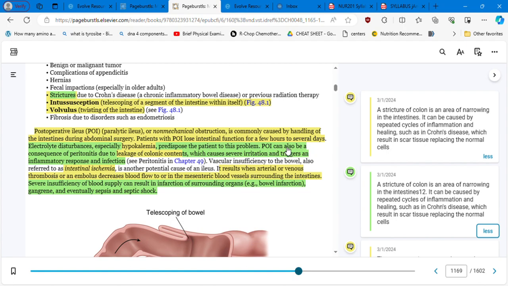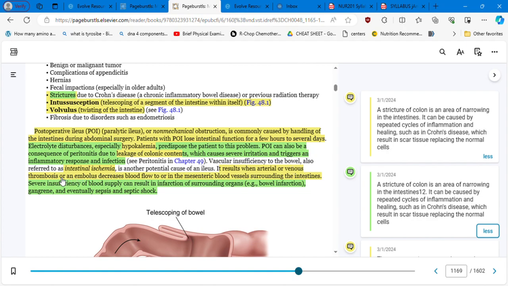Postoperative ileus can also be a consequence of peritonitis due to leakage of colonic contents. Yes, it's similar to the previous case. The only difference is that this is a neuromuscular disturbance, which causes severe irritation and triggers an inflammatory response and infection. Intestinal ischemia, okay, results when arterial or venous thrombosis